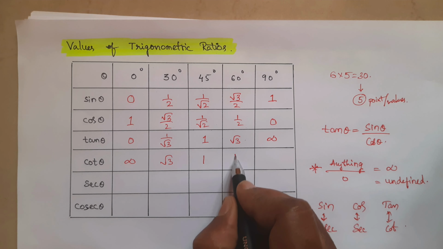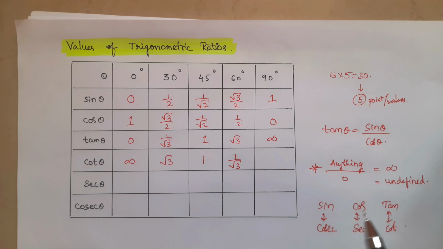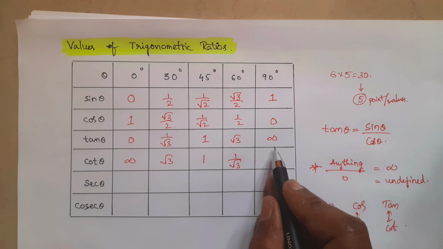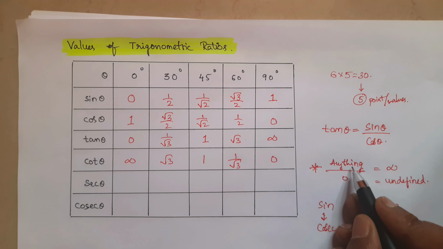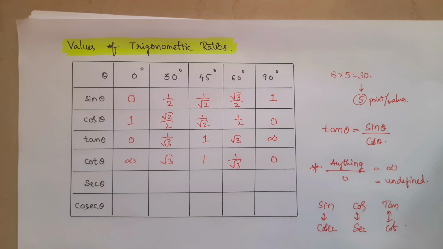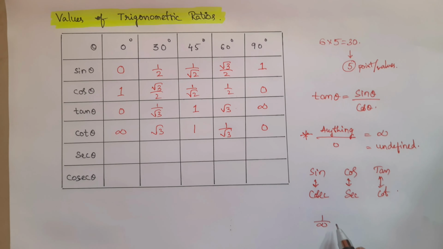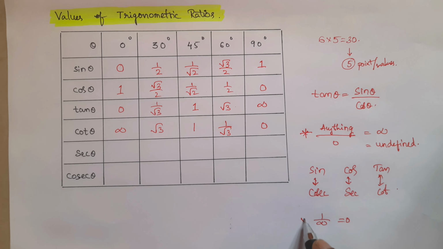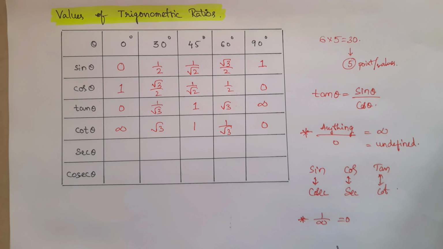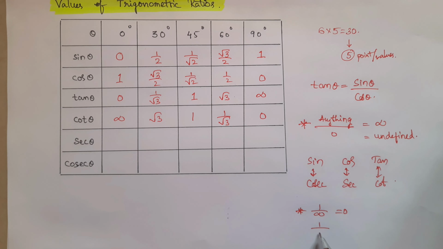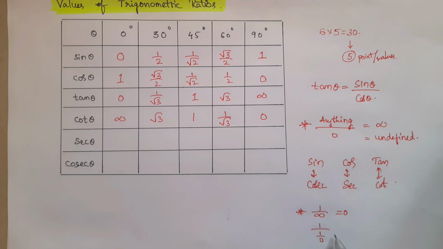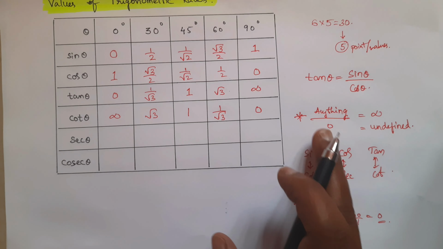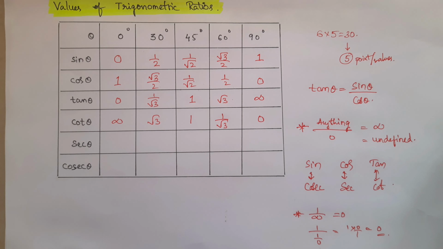Root 3 reciprocal, we will get 1 by root 3. And again now 1 by infinity. 1 by infinity is nothing but 0. So as anything by 0 is infinity, 1 by infinity is called 0. This also remember. Why 1 by infinity is 0? Infinity is generally nothing but something by 0. If we reciprocal this, 1 into 0 by 1 we will get nothing but 0. 1 by infinity is 0, anything by 0 is infinity. Okay. Next,